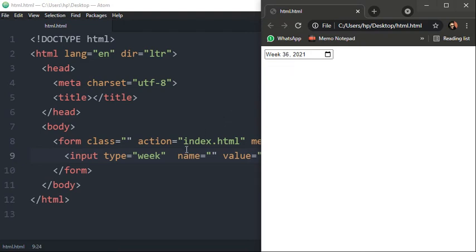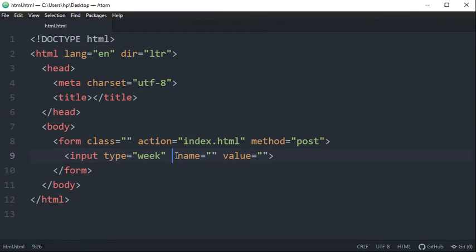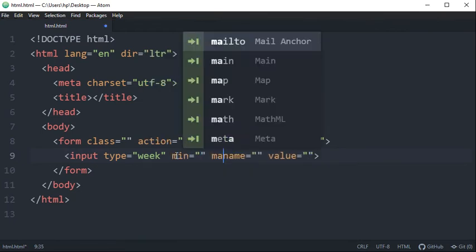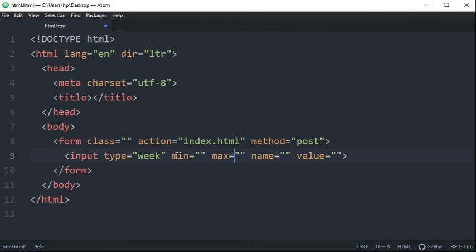You can also select a range, define a range, minimum and maximum. And how will you do that? 2019 minimum week, 22nd. So 22nd week of 2019 is the minimum range user can go.